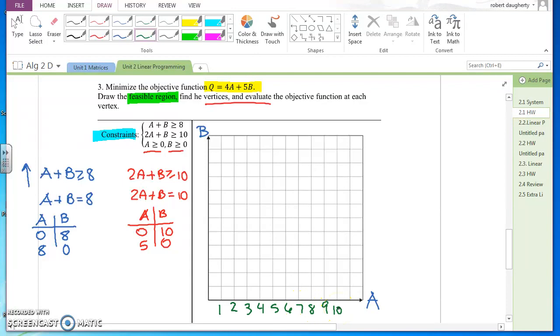So I should be good doing this 10 by 10. So 1, 2, 3, 4, 5, 6, 7, 8, 9, and 10. With the blue line, that is 0, 8 right here, and 8, 0, which is right here. So I will draw the line that connects those two. Okay, that's good. And then with the red line, that's going to be at 0, 10 and 5, 0, which is right here. So if I connect those,